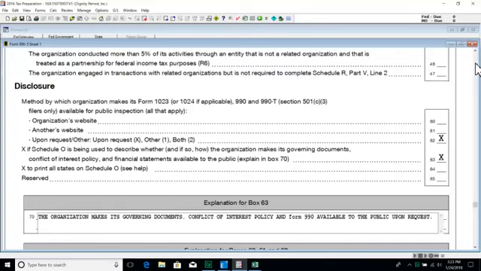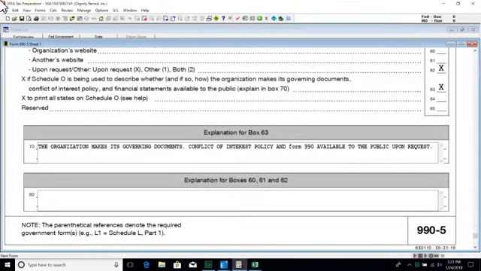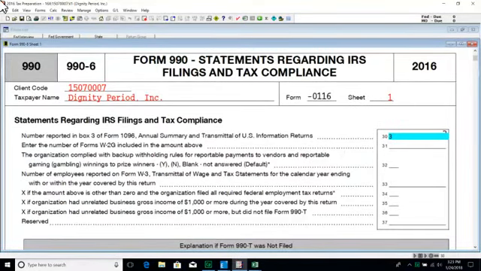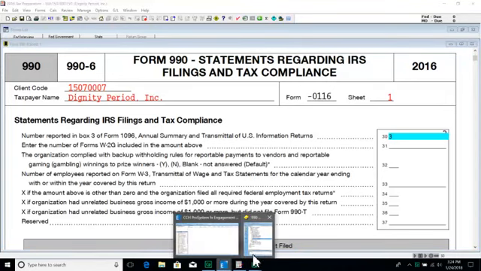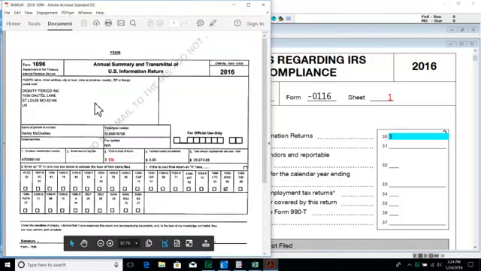Now we are getting to, they're wanting to know how many 1099s were issued by the organization to other organizations. So if you go to the work papers, you will see the 2016 1096, which is the summary of the 1099s. So you'll see where it asks for number reported in box 3 of Form 1096. You will see here total number of forms. Box 3 on your 1096 is 3. So we'll mark that with the tax return